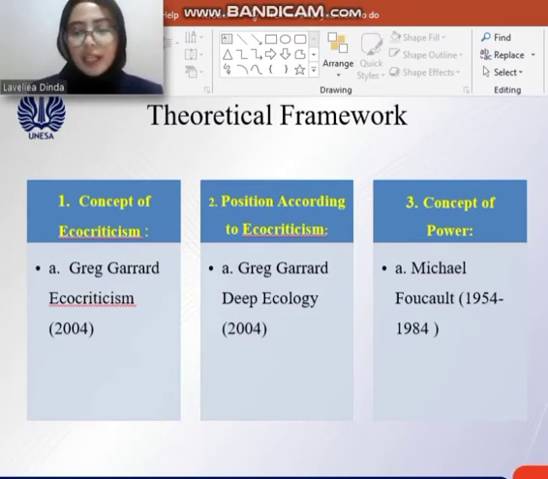theoretical framework. This study applies theories which help to analyze the natural destruction. First theory, concept of eco-criticism by Greg Garrard, eco-criticism. Second, position according to eco-criticism by Greg Garrard, deep ecology. Third, concept of power by Michel Foucault. Next,